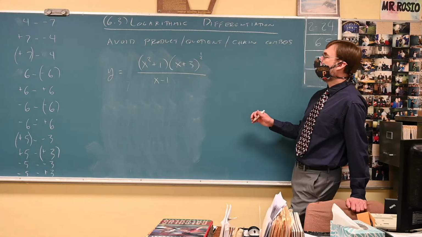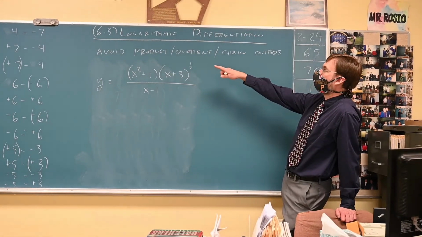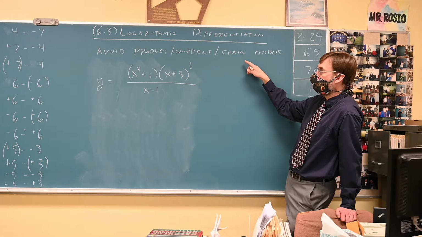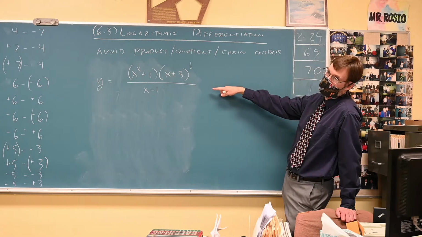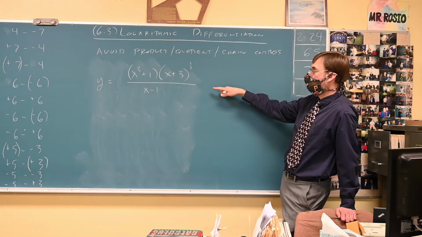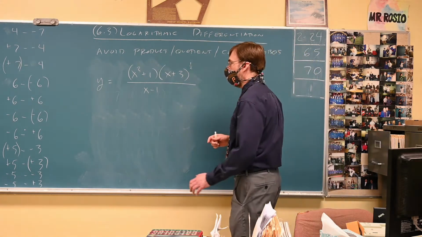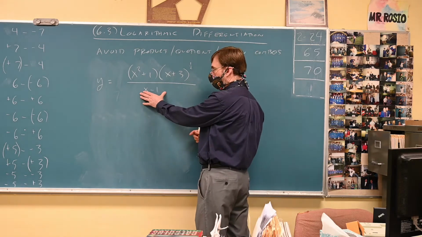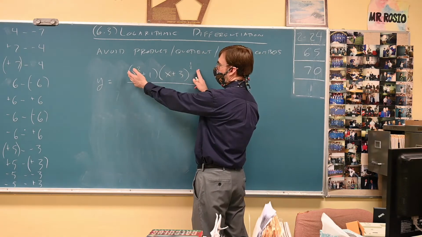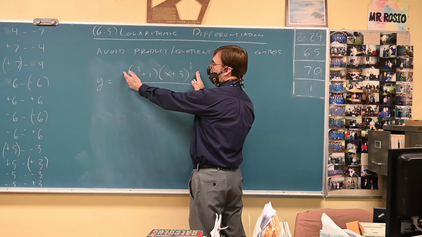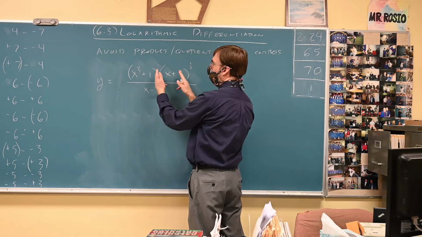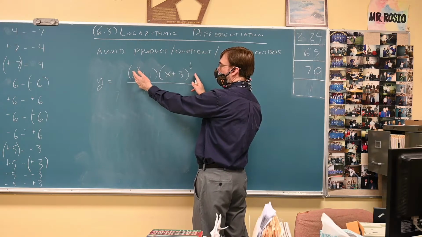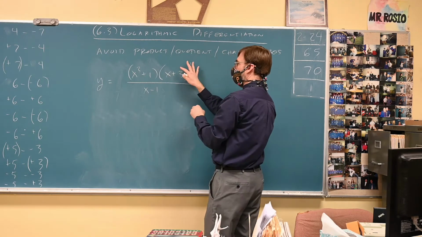So if you had to do derivatives that had a product rule, quotient rule, chain rule combo, based on the things you know how to do, a derivative like this would be a complete nightmare. Because based on what you know how to do, you'd have to go quotient rule first. So you would copy the bottom times the derivative of the top. And when you try to do the derivative of the top, you'd have to do the product rule. And while you're doing the derivative of the top with the product rule, copy the first times the derivative of